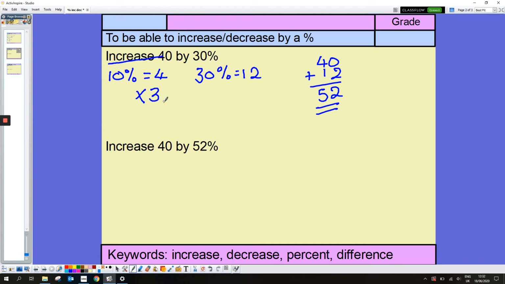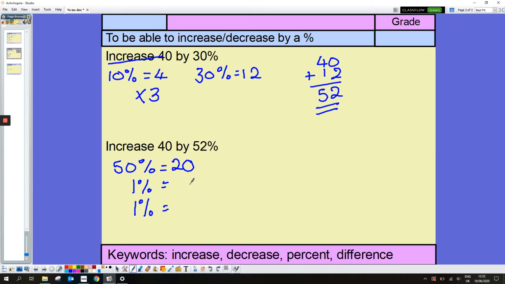So I'm going to increase 40 again, but this is by 52%, so it's going to be a much bigger number. 50% is a really good starting point. So 50%, half of 40, is 20. And then the 2% I could find by doing a 1% and then a 1%. So 40 divided by 100. Here we did 40 divided by 10, and that was 4. So 40 divided by 100 must mean, and I need to make sure I line that up properly,